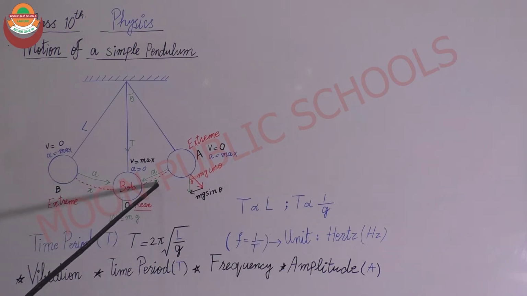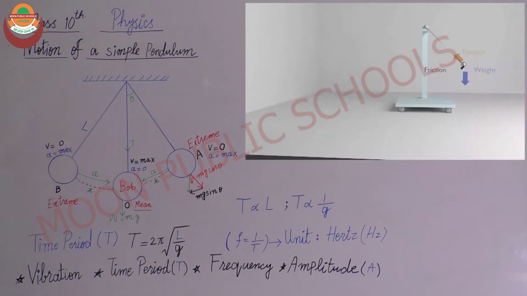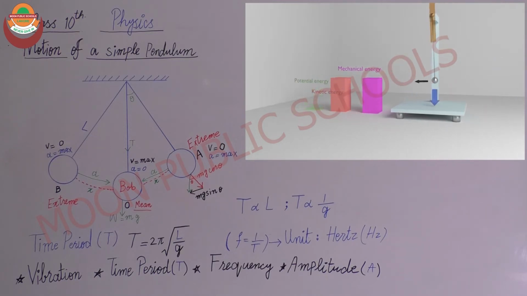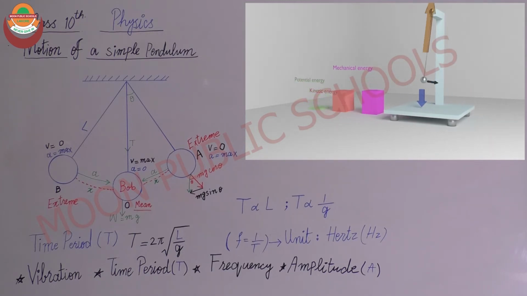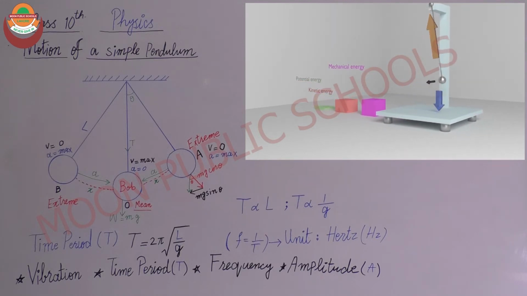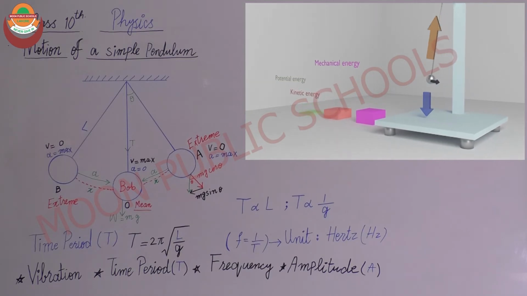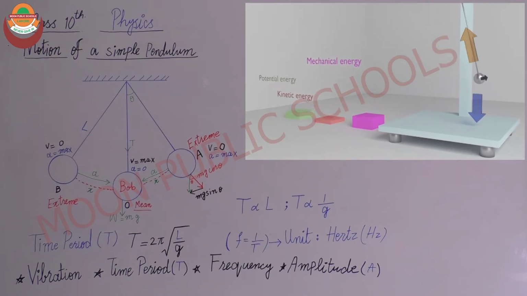You can see that x is the displacement of the bob that travels. You can see in the picture of the pendulum that it is moving to and fro. The pendulum moves around the mean position, its velocity is maximum there and then decreases. Acceleration is always toward the mean position.